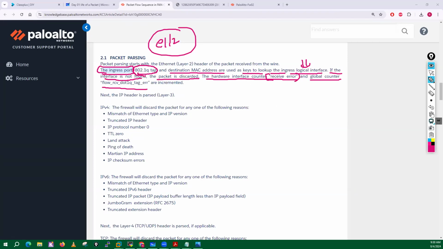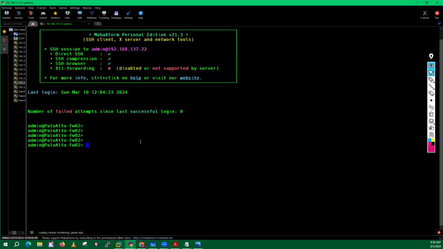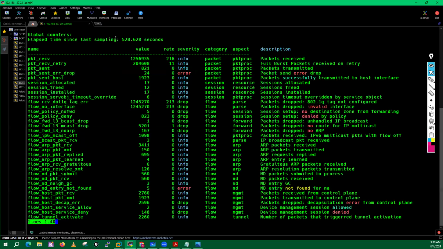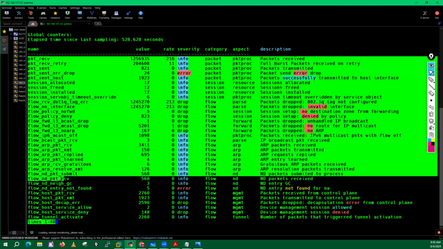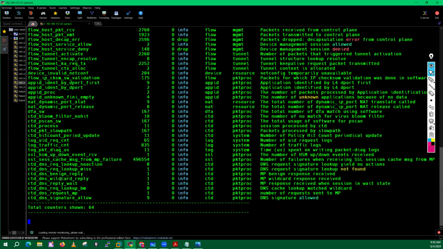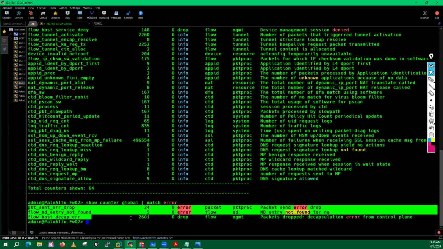And I'm just running this command for the knowledge purpose, because we will have a troubleshooting session, and at that time I will help you. So counter global, if you run this command, we have all these particular counters, and it will increase these counters. If I just match some error, I will type packet send error drop, right? These are the counters it will increase